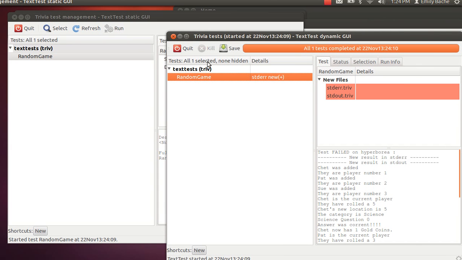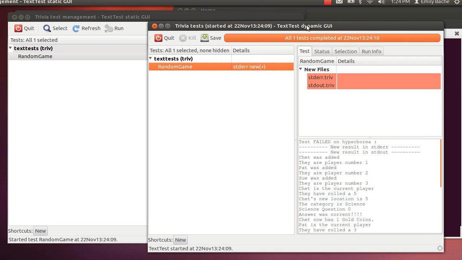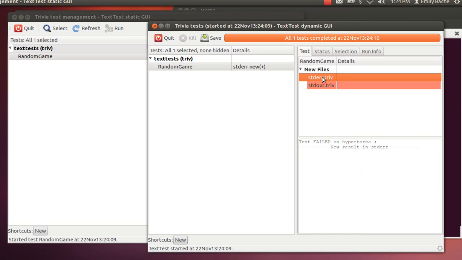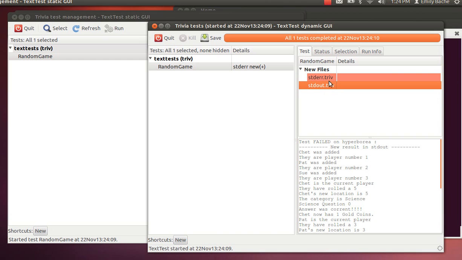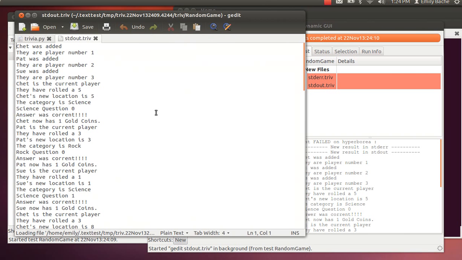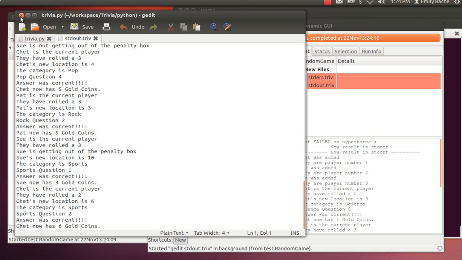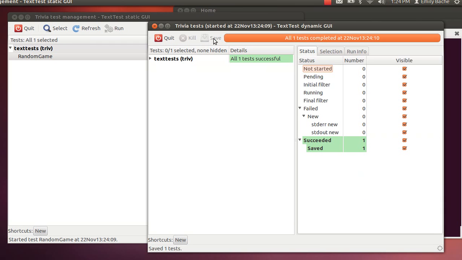So when I run the test, it creates this new GUI for me, which is called the dynamic GUI, where I see test runs. So you can have several test runs open at the same time, and you can look at them. So here we have the one test we ran, and here we can see it's detected 2 new files. It's gathered the output on standard error and standard output, and the program produces nothing on standard error, and on standard output we get the output we saw before about the game and who's answering which question and that kind of thing. So that's what we expected, so we can save both of those files as a golden master